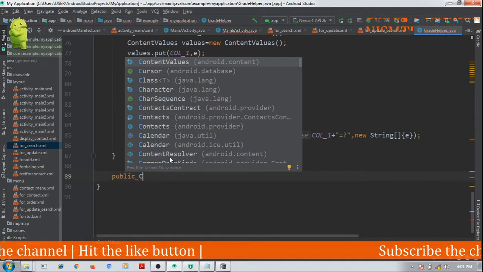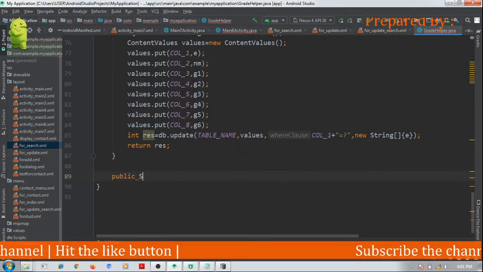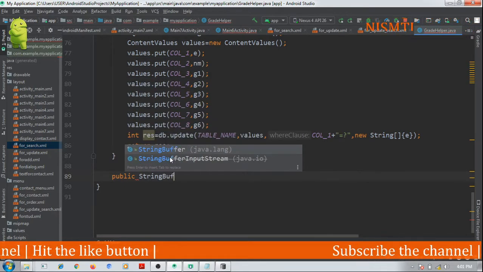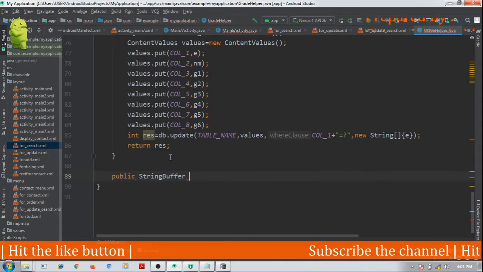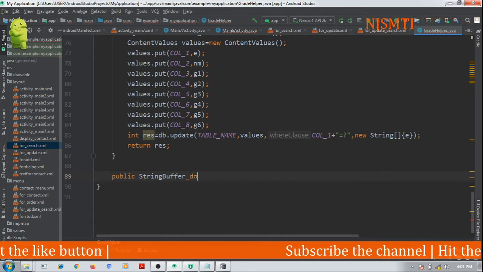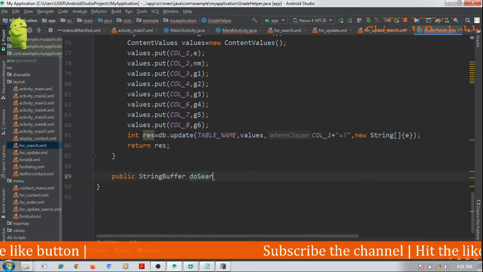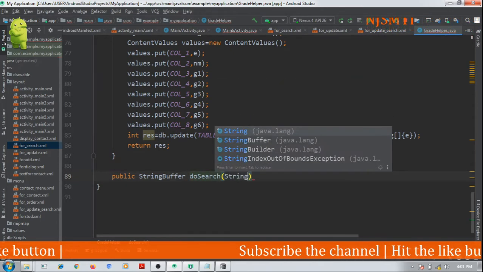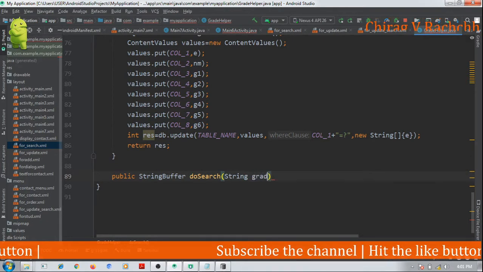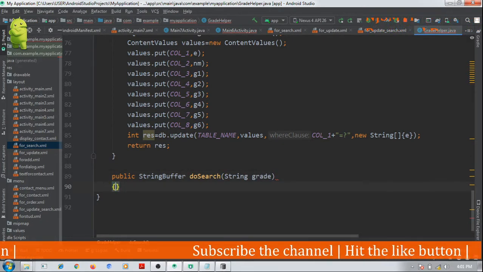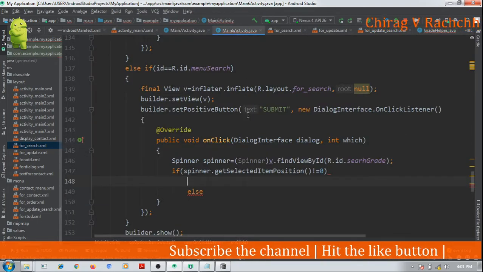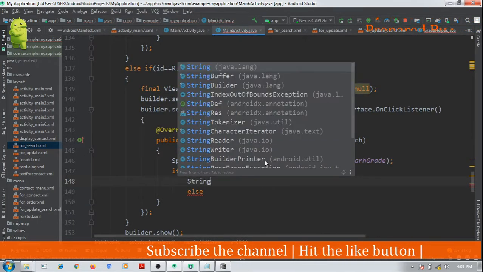Okay, we will return a string buffer from here. doSearch is the name of the method where we will pass the grade as an argument which we want to search. So in our activity,